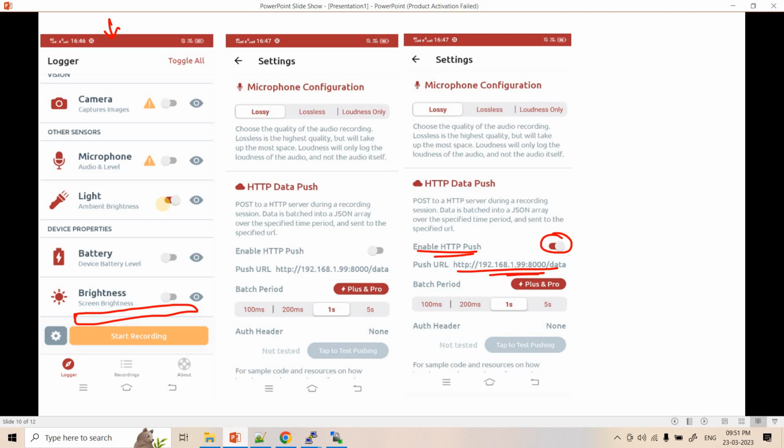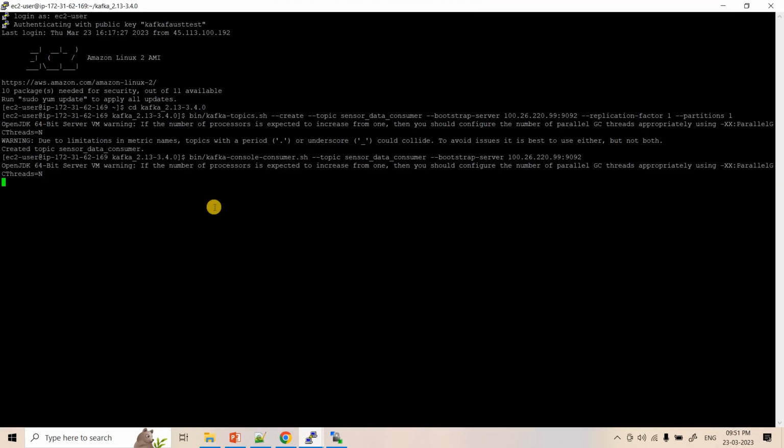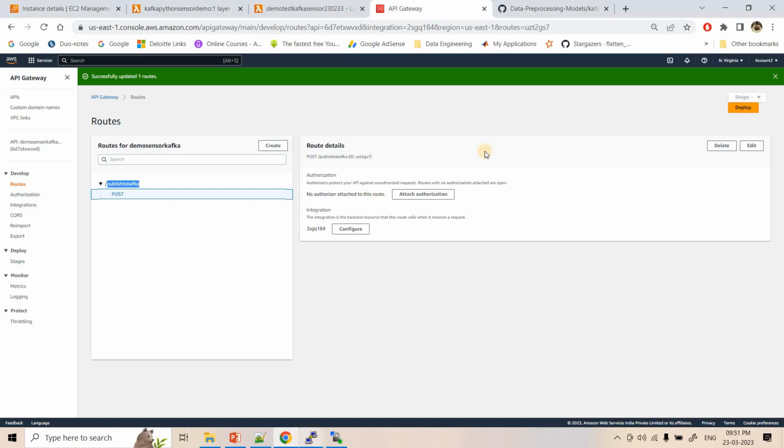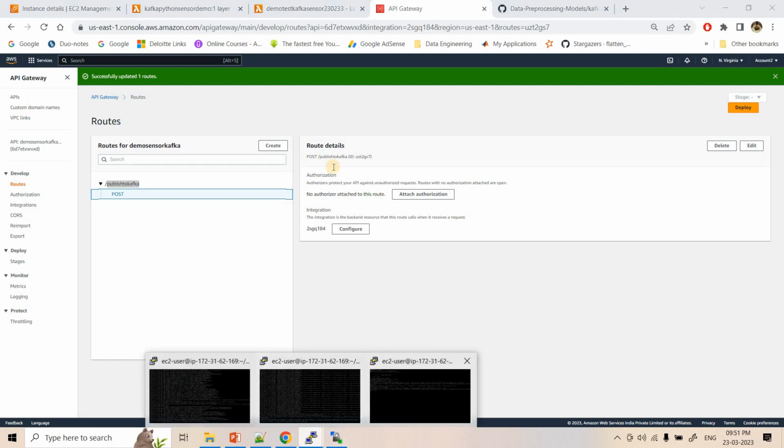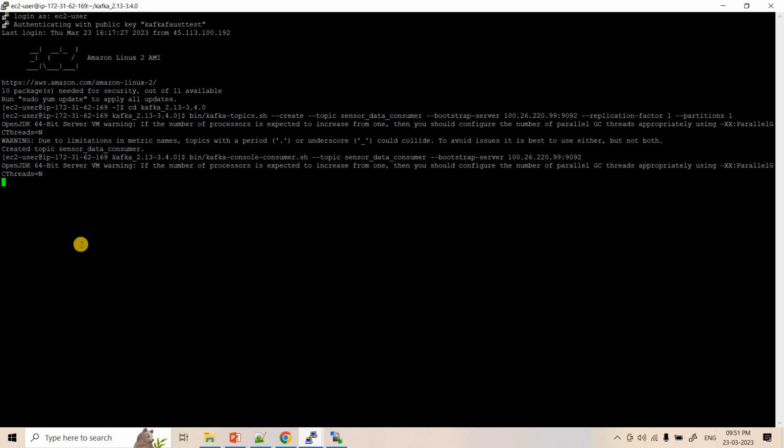Now what should happen is that as soon as I click on start recording, the ambient brightness in lux unit, this app will start publishing to this particular API, and from the API it will go to the Kafka cluster. Okay, so we will see that. We will intentionally try to change the brightness. I will start the camera also so that you can see what activity I am doing, and based on that, here you will observe in the consumer the sensor data, the lux data, whatever is capturing light brightness, that will be